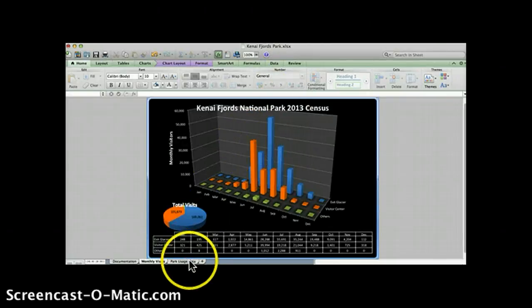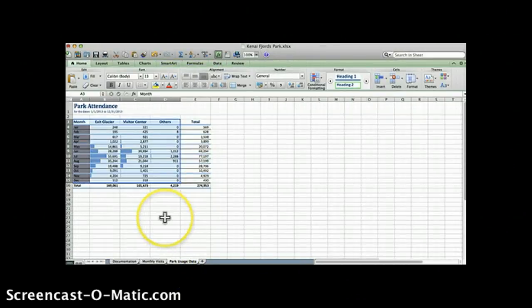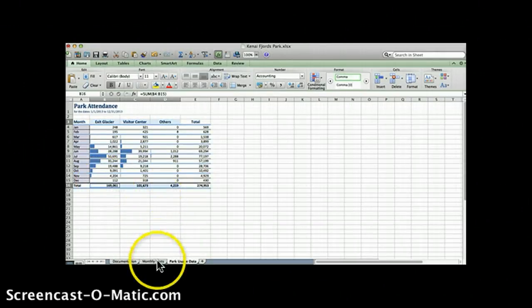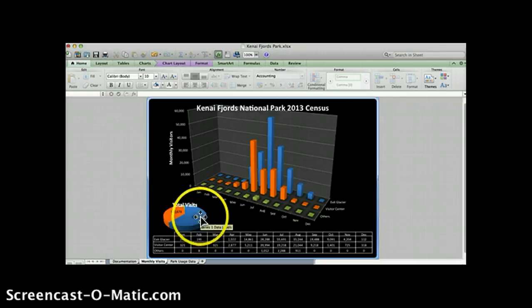Next, I went back to the Park Usage Data tab and selected the data B3 to D3, as well as B16 to D16 simultaneously. This data was then used to create a 3D pie chart, which is visible here, and was also moved to